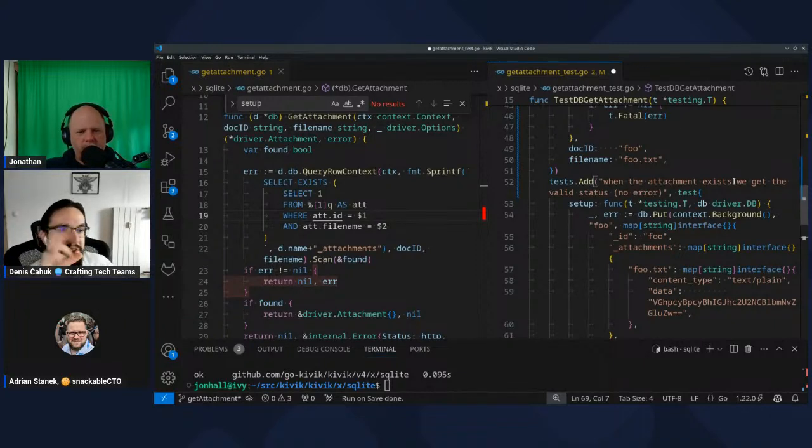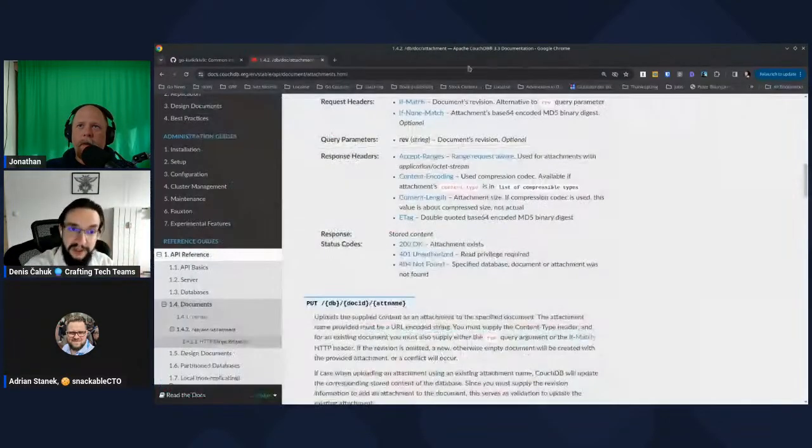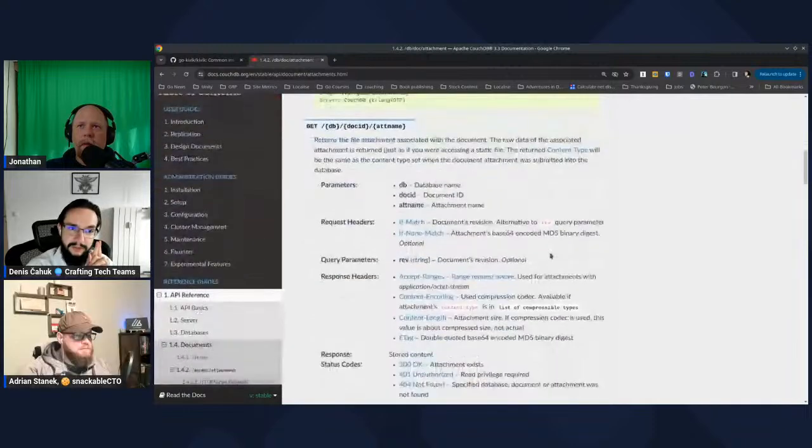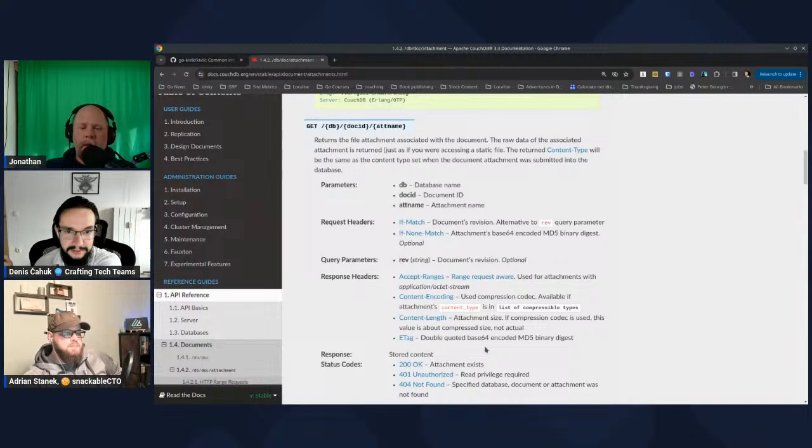What is the terminology? What is the inverse of existing? So if the document exists and the attachment exists, but the attachment was flagged deleted, does get attachment return the attachment? It will by default return not found. Okay, so then our test is not correct. Get attachment returns only non-deleted existing documents. So again, we don't keep this test.